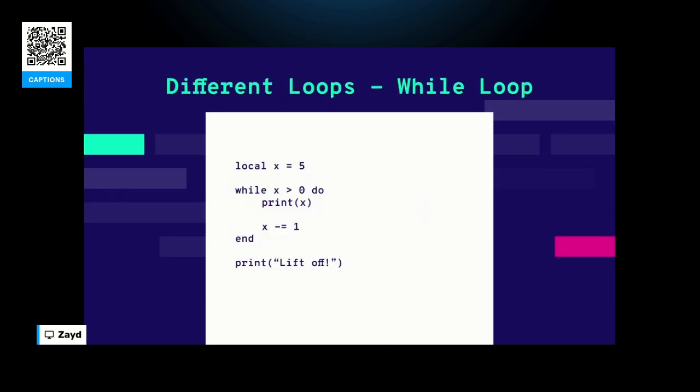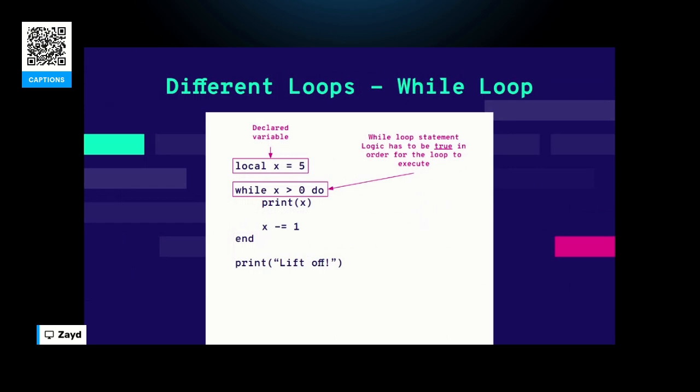Now, moving from if and else statements, let's look at loops. There are 3 different types of loops in Luau, but in this workshop, we'll be only covering 2. In this example, we will be looking at while loops. It only runs if the logic of the while loop is true, which you can see is x is greater than 0. This is our declared variable x that is set to a number 5, just for simplicity.